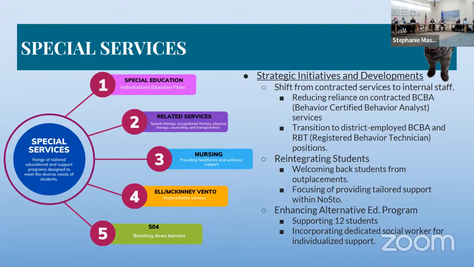So really, these shifts are going to, I think, boost all of the special services we have in North Stonington and build our capacity of our staff here. And then we can continue to give the personalized care to all the students that we have here. And thank you for your continued support. We appreciate it. Awesome.